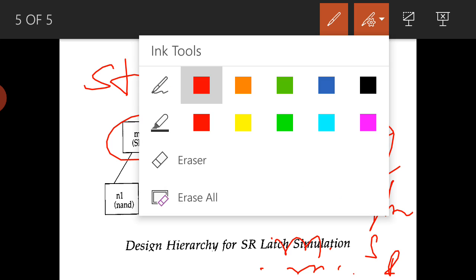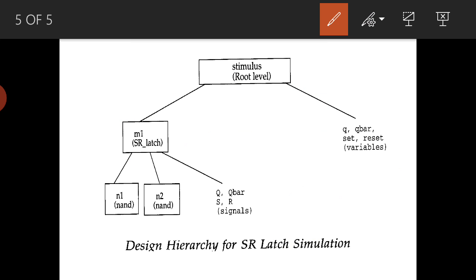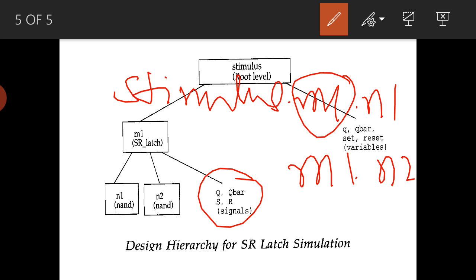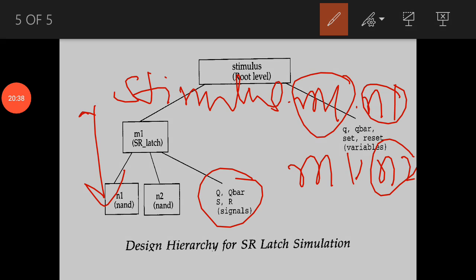After these signals, stimulus dot m1 and then stimulus dot m1 dot n1, m1 dot n2. So it will start with stimulus dot q bar, these variables, and stimulus dot m1, in that m1 dot these signals, and then again m1 dot n1, m1 dot n2. These are the different hierarchical names we can display by using the string format %m with the system task $display.